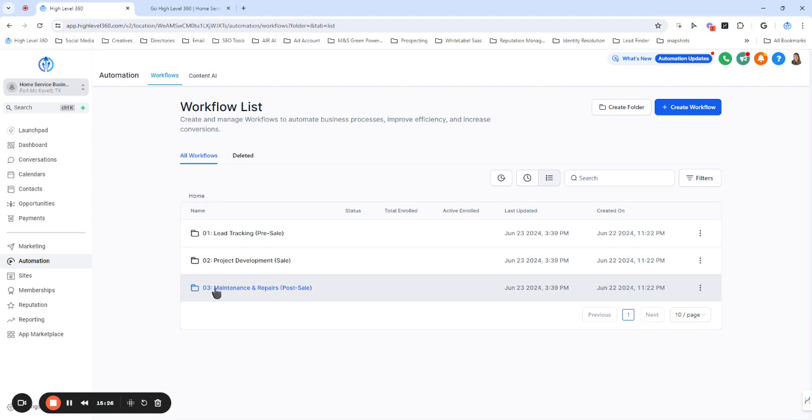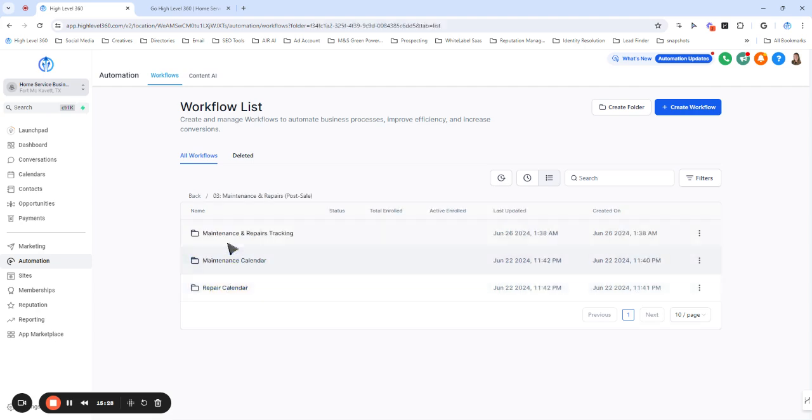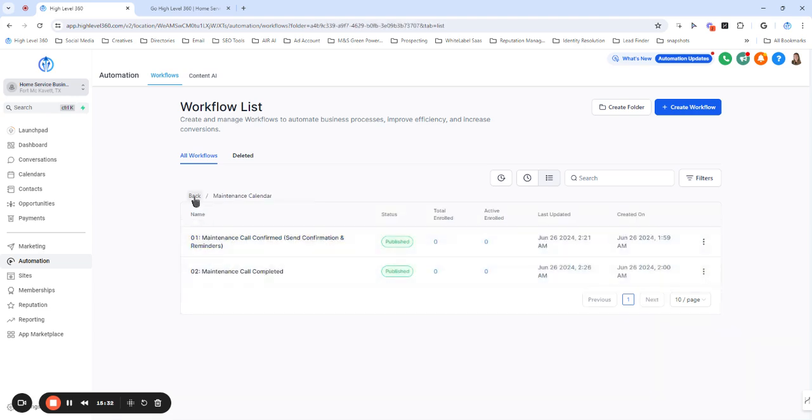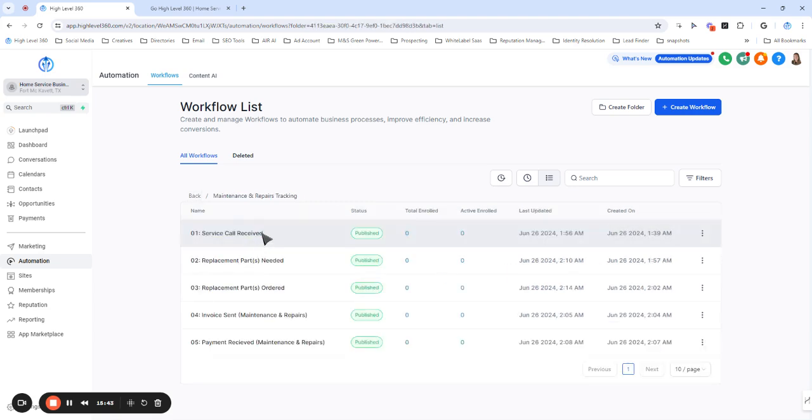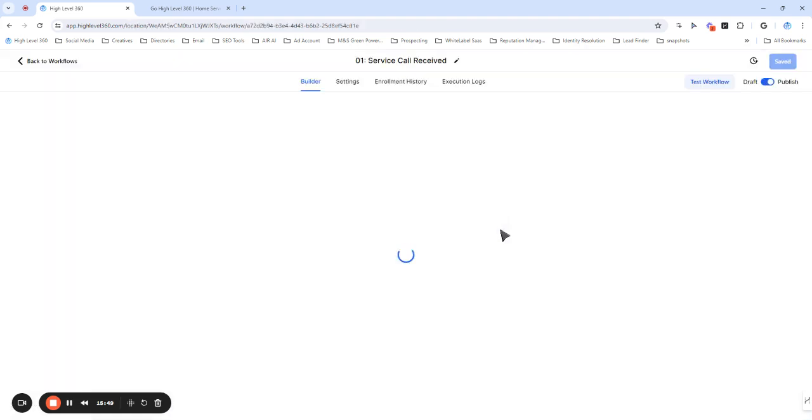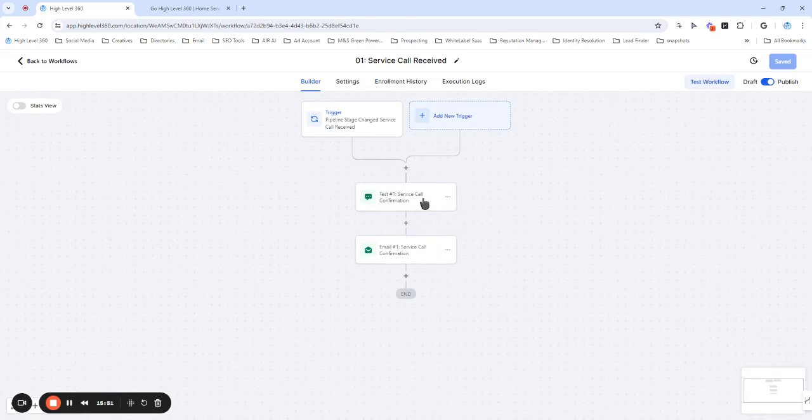All right, and lastly, we have our maintenance and repairs. So under the maintenance and repairs, you have 3 folders. Again, you have the maintenance calendar, which has the call confirmed and the call completed, and same thing with the repair, call confirmed, call completed. And lastly, we have the maintenance and repairs tracking. So again, this is going to correspond with the pipeline here. Once a service call is received,